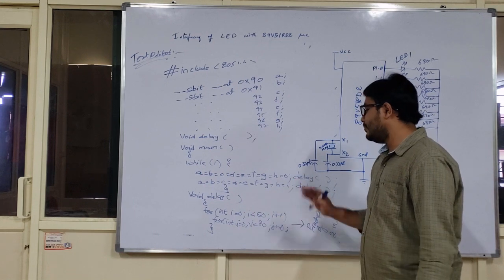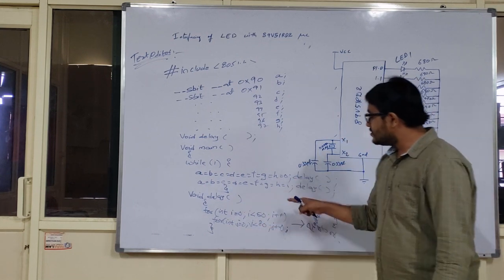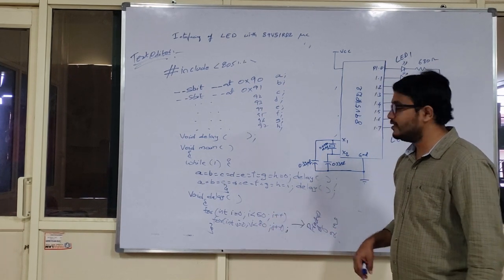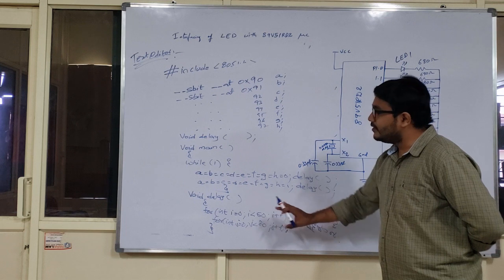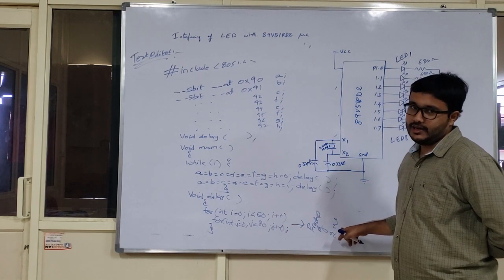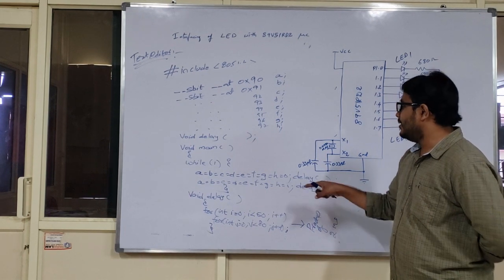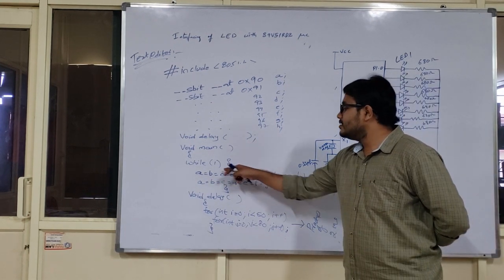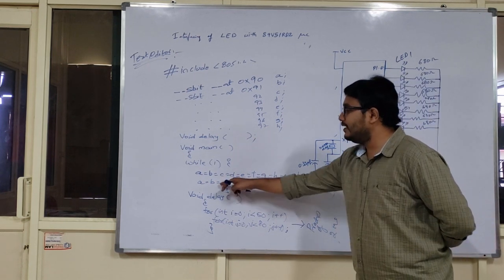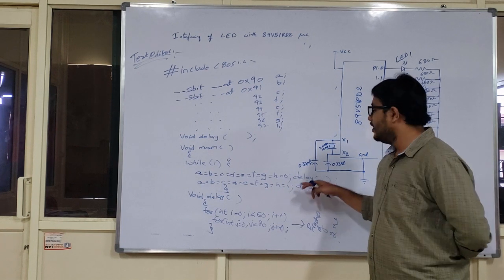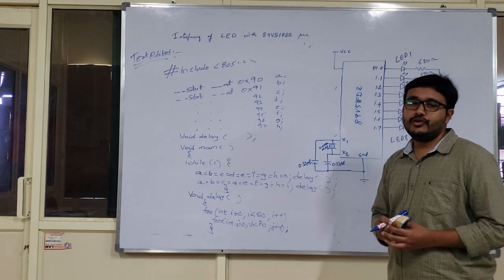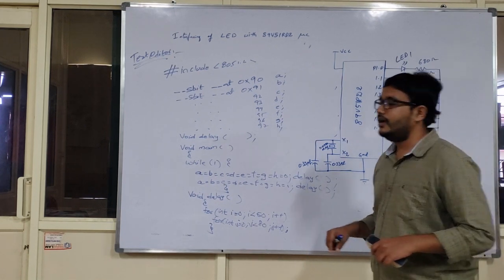For the assumption, this void delay provides a total of 4000 iterations, like 50 cross 80 is 4000 iterations. If these iterations give me a practical time of 2 milliseconds, that means my LEDs will be off for 2 milliseconds, and after that all LEDs will be logical one for the next 2 milliseconds. And you can perform the interfacing of your 8051 microcontroller with the LEDs.